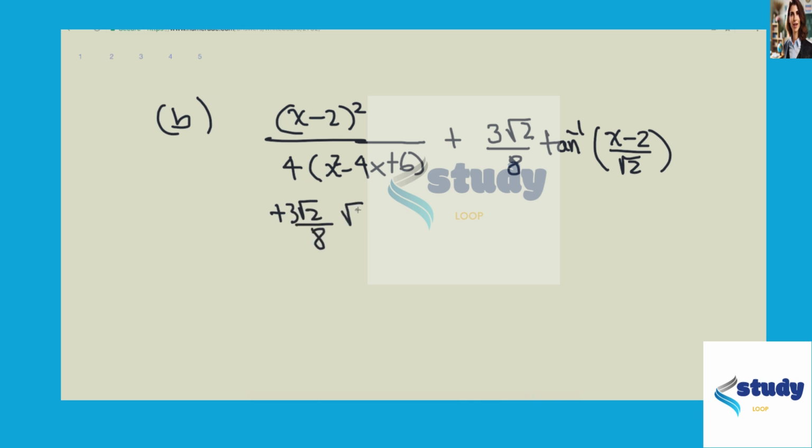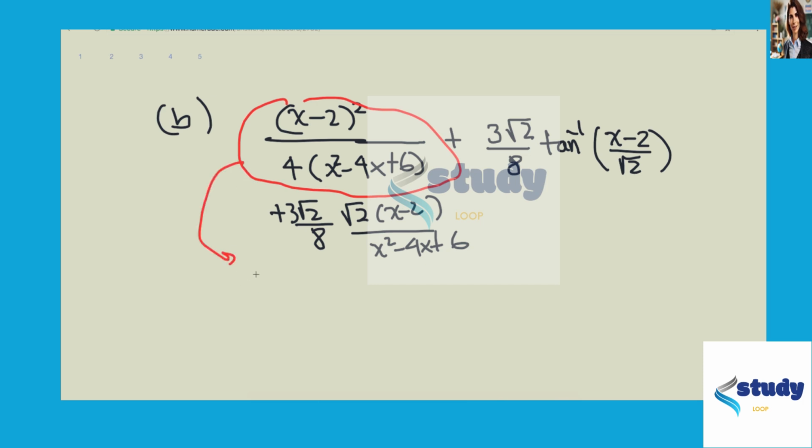And then for cosine, root 2. If you'd like, you can go ahead and take this and use long division here to rewrite this as 1/4. And then let's see here, we would have, after doing long division,